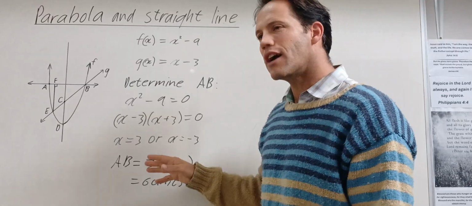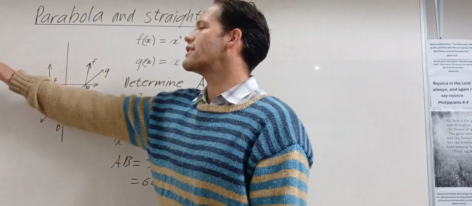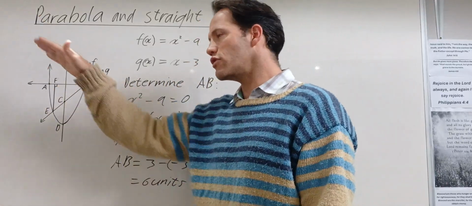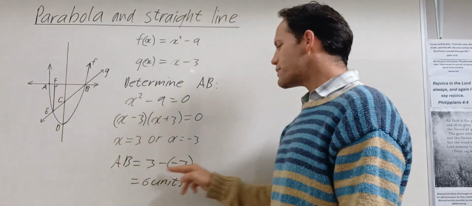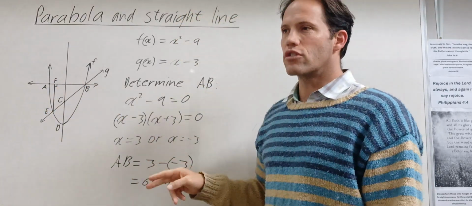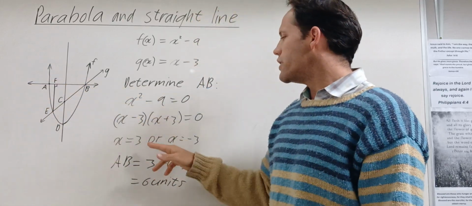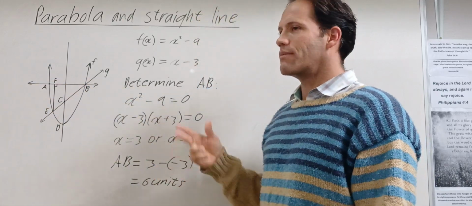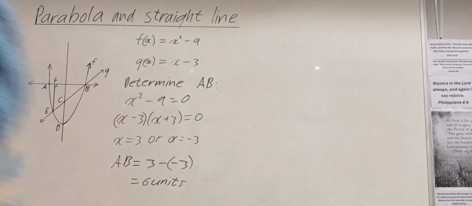Okay? And the other thing is you don't need the distance formula. Okay? Because you're going straight that way. You're not going up or down or skew. You're going straight from this point to that point. So you just subtract the x values. Any horizontal distance, you only need to find the x values and subtract them when you get your horizontal distance. So that's the one kind of important question.